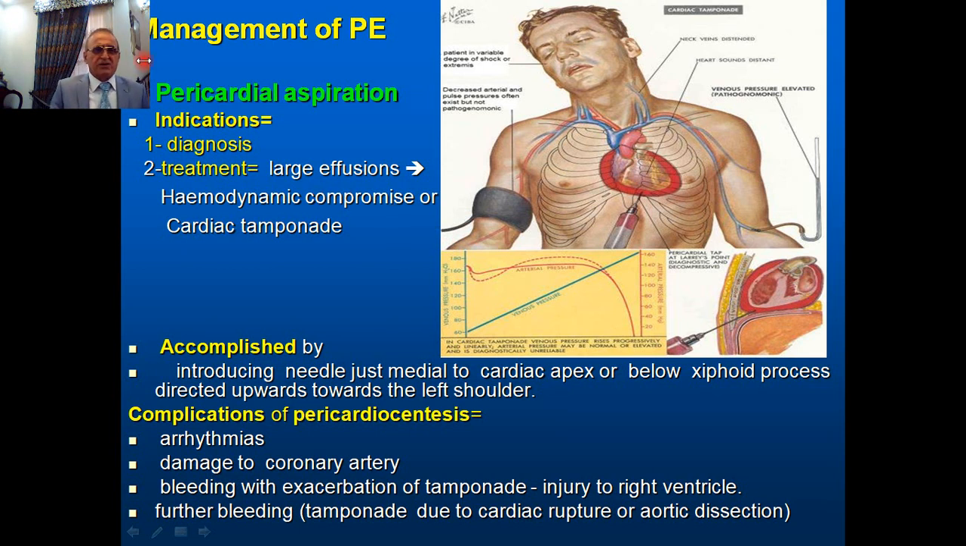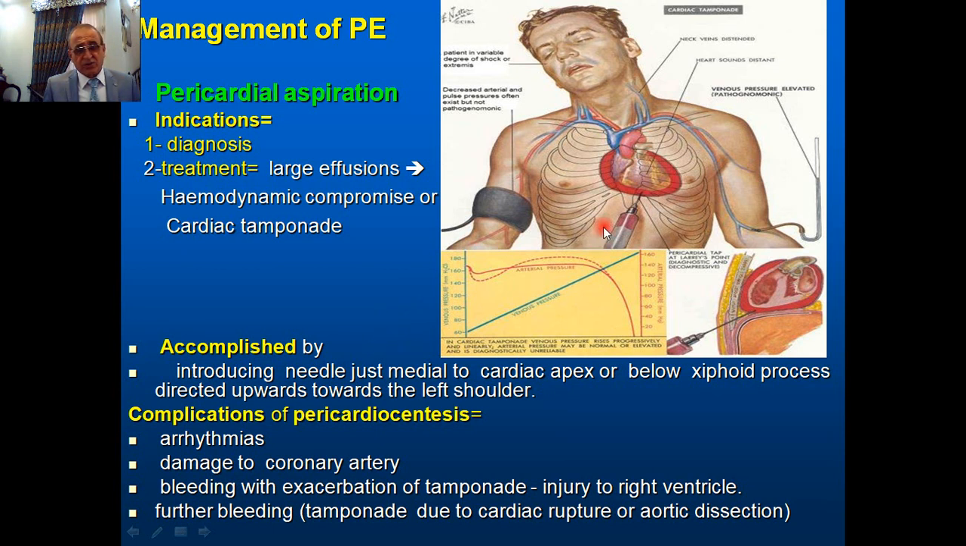Now, management of pericardial effusion. Of course, the most important thing is pericardial aspiration. The indications are for diagnostic purposes, where you aspirate some amount of the fluid and send it to the lab, and for treatment if we have a large effusion that causes hemodynamic compromise or cardiac tamponade. We can do this by introducing a needle in the subxiphoid area or in the apical area. The direction of the needle is to the left shoulder, although this is not a proper picture,